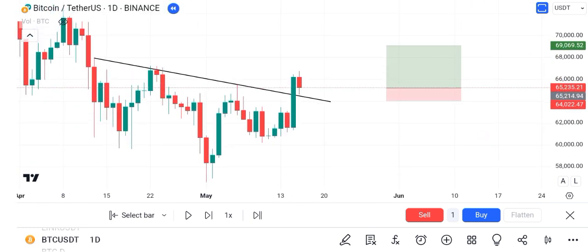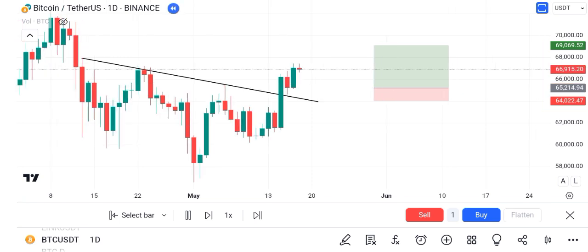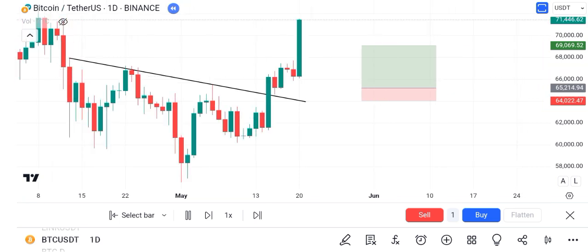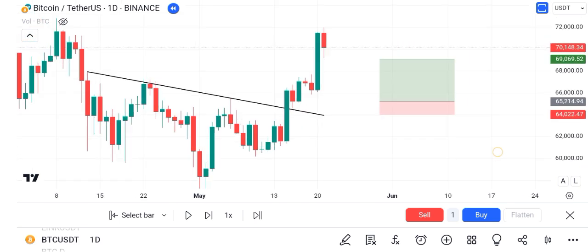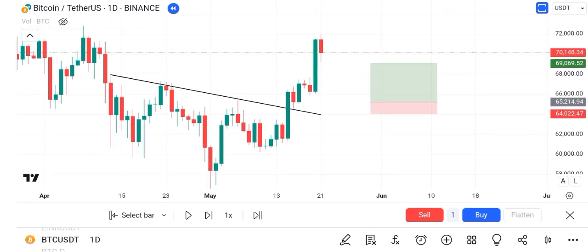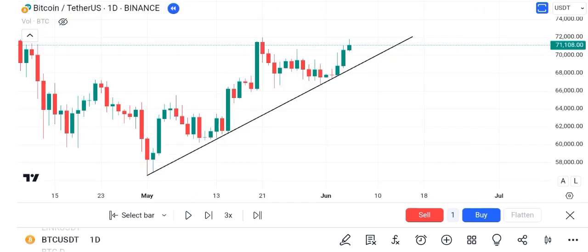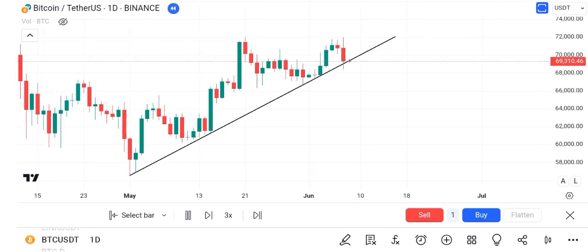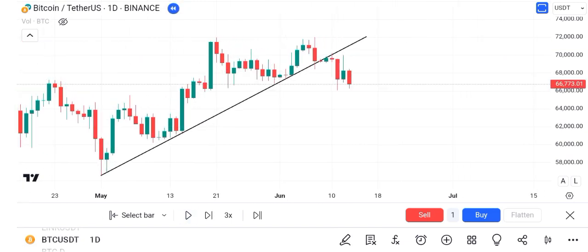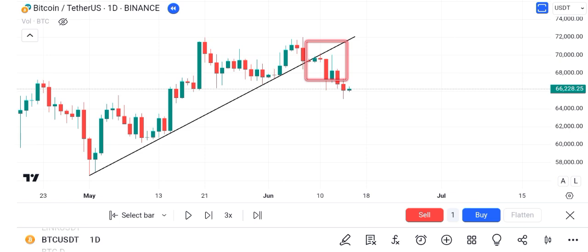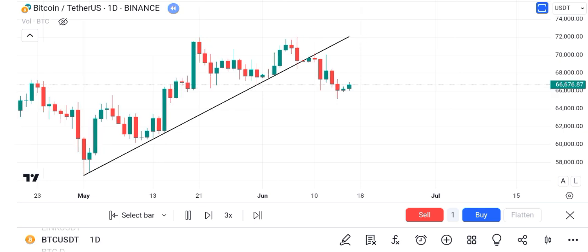So let's see if the price takes a bounce or triggers our stop loss. You can see that the price is taking a bounce and it has successfully hit our TP. Similarly, if the price breaks the trendline support, now that support will act as a resistance. It means that the price will take a rejection from that trend line. So I hope you understood the concept.